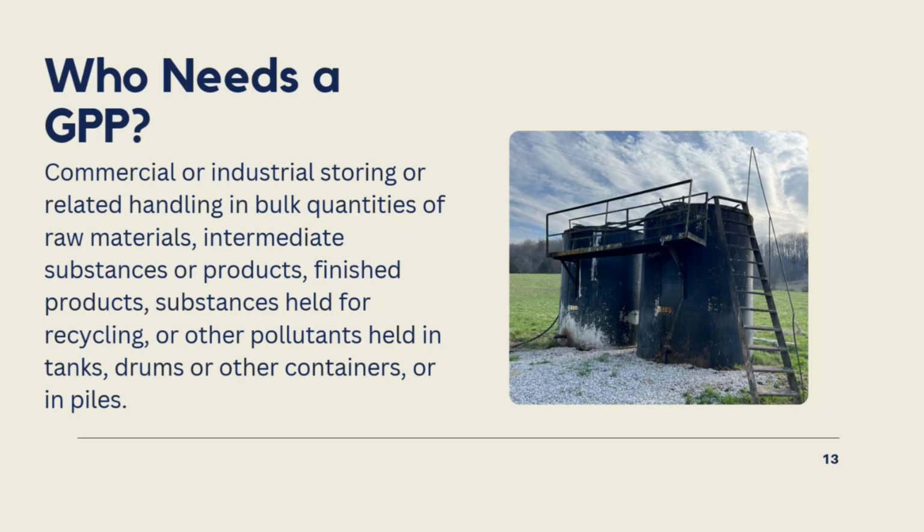covered under GPP. Technically, if you have a 55-gallon drum in your backyard that you use, it could fall under GPP. Porta potties, for example: every construction site that has a porta potty could fall under a GPP. This is kind of a catch-all. If it could impact groundwater, it can have a GPP statement, and it should have a GPP.